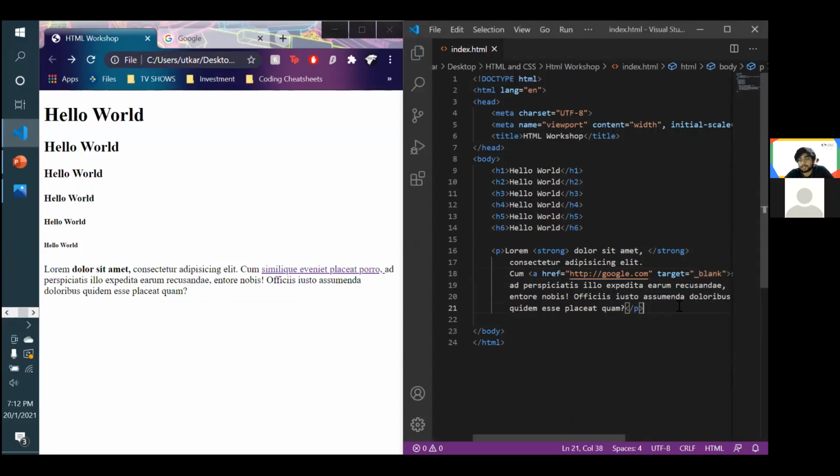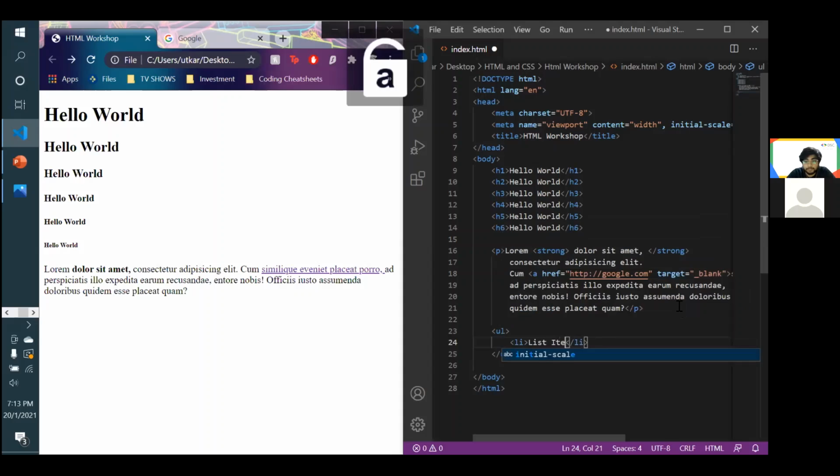So this is a few of the tags we've gone through. Now we can go through lists. So we have 2 kinds of lists. We have ordered and unordered lists. So unordered list is UL, and then we can add in the specific list inside our unordered list using LI. So say we have list item 1, then we create a few more,